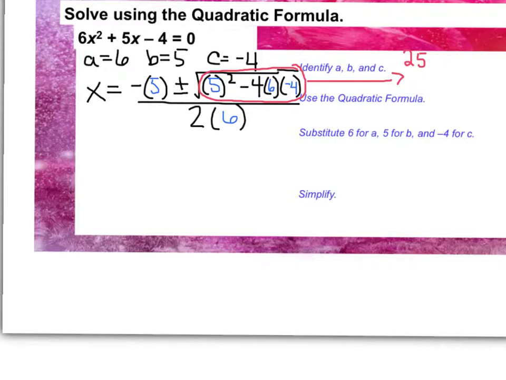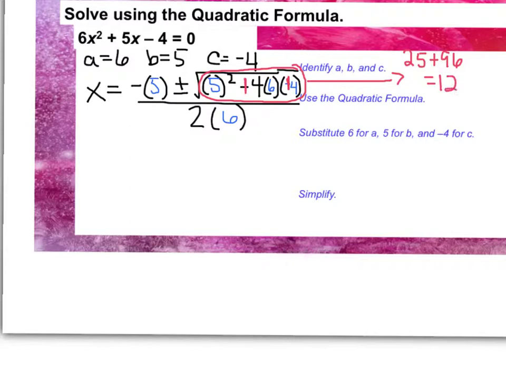If there's an extra negative over here, you want to change the double negatives to positives. If there's only that one negative in the middle, then your final answer would be negative, but this one isn't. So 4 times 6 is 24, and then 24 times 4 equals 96. So this is 25 plus 96, and that's going to equal